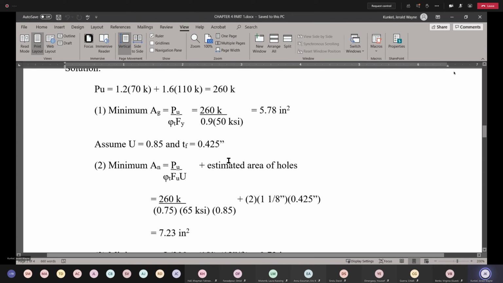The thickness of the flange is just a wild guess. The members that we were just looking at, the flange thicknesses were about 3/8 of an inch. So we've got to make an assumption someplace. So we're going to assume a flange thickness of 0.425 inches. And you get that from the steel book, because once again, the steel book